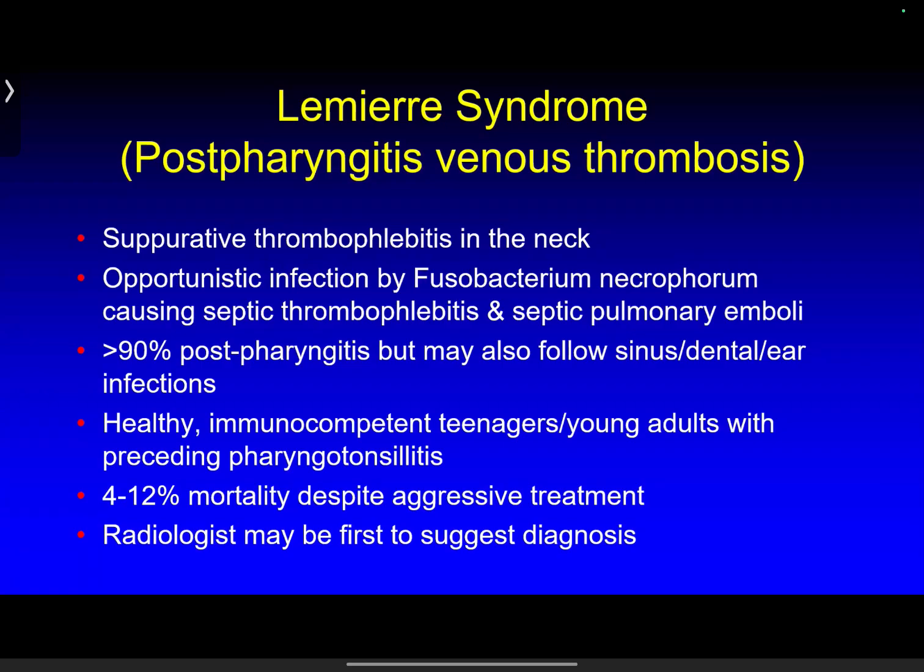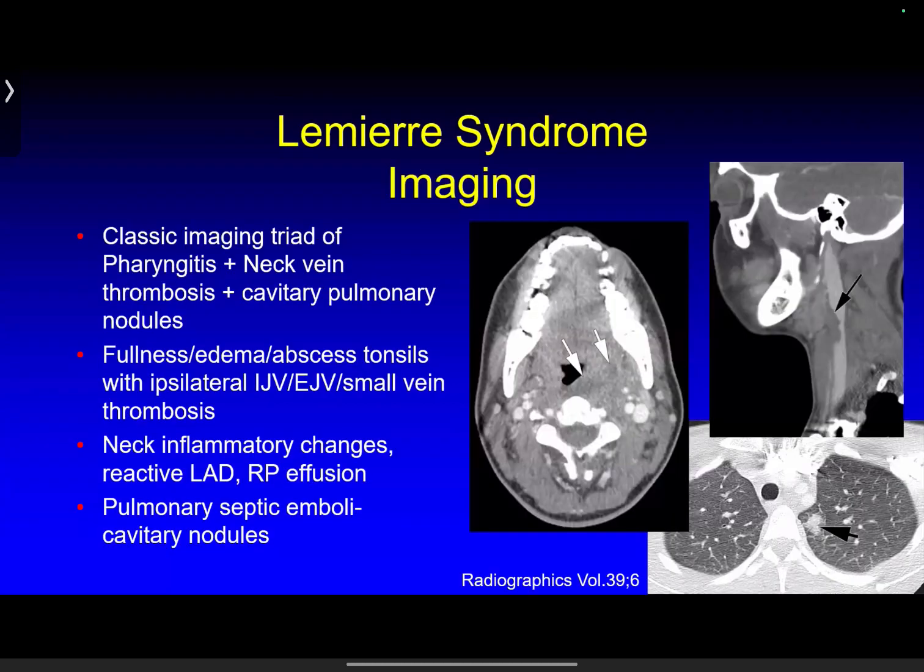So you as a radiologist may be the first to suggest this diagnosis. The classic imaging triad of Lemierre syndrome is pharyngitis, neck vein thrombosis, and cavitary pulmonary nodules that represent the septic pulmonary emboli. In this case, from the literature, at the level of the oropharynx, you can see diffuse edema